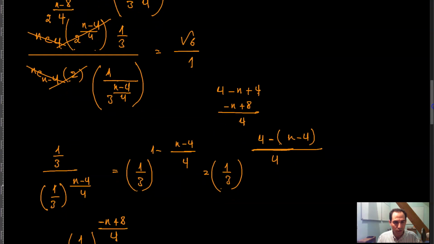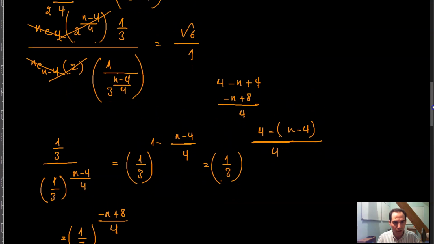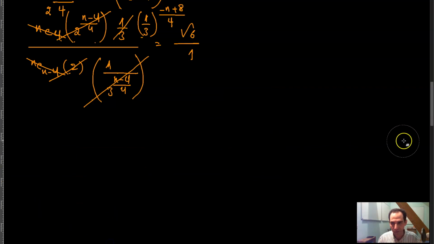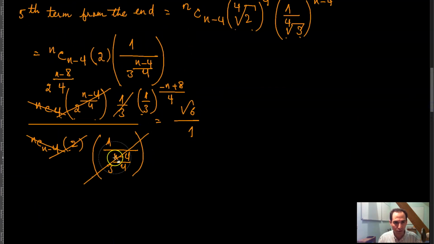So that gives me, basically in the numerator, 1/3 raised to the power negative n plus 8, raised to the power 4, right? So far we can have this conclusion, which means that basically